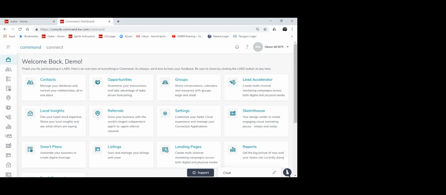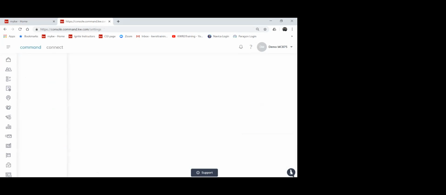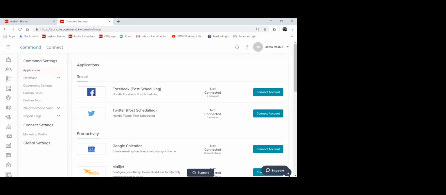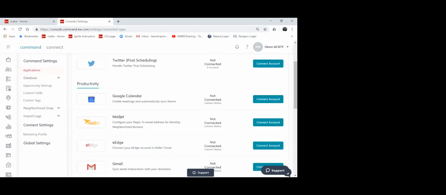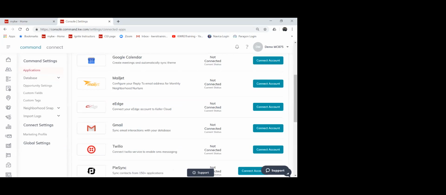and you'll know if you've done that if you go up here and go into your settings. So go in the upper right, go into your settings, and you go right over here to your applications. You'll know if you're connected. If you go down and here is your eEdge, it shows here not connected. You would want to connect this